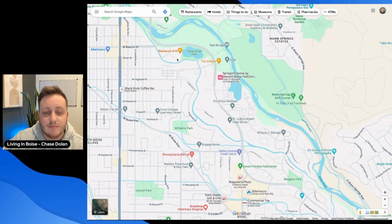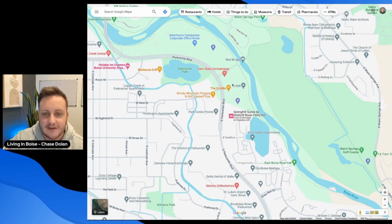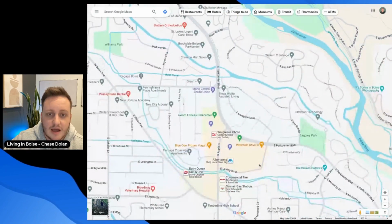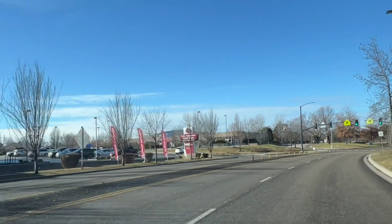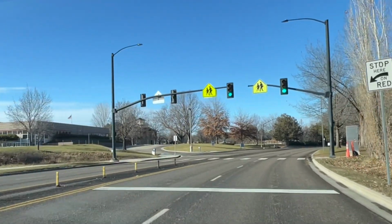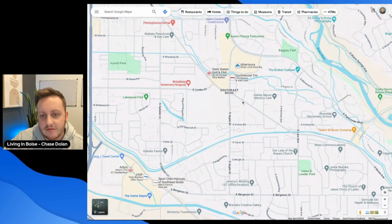This is where you're going to find Barbacoa, you're going to find Red Robin. As you kind of come down, you're going to see the Griddle. This is where you're going to find a lot of office buildings, a lot of financial services, law offices, everything there. Apple Street here is going to be one of those kind of drags from,